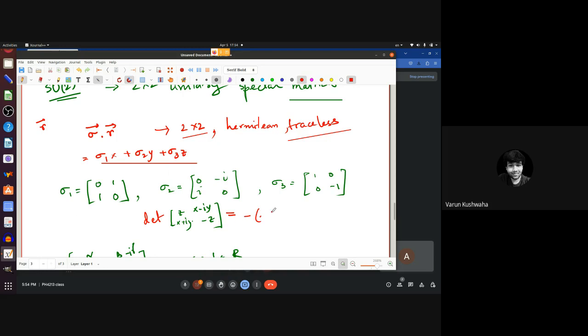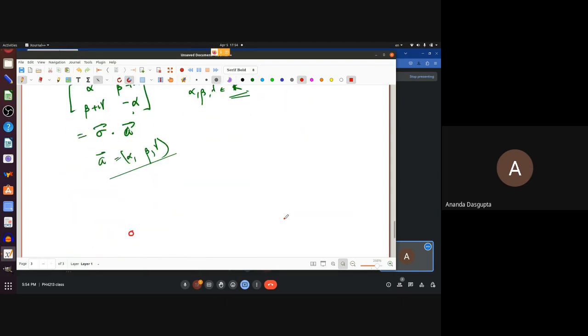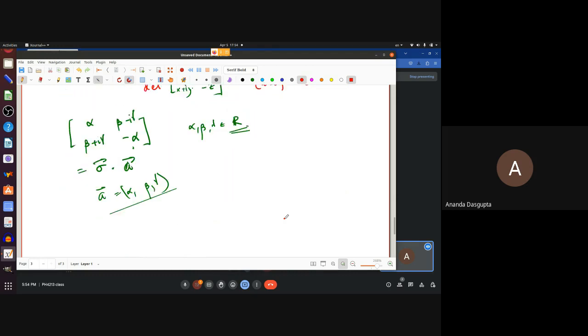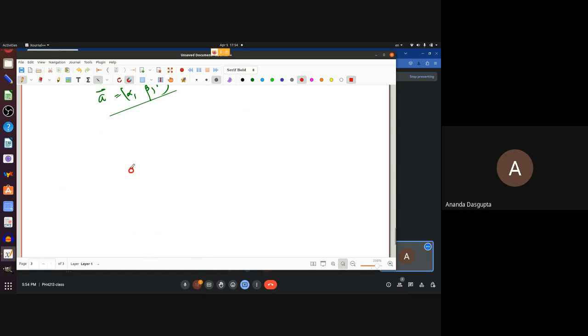Minus z square, negative x square plus y square plus z square. Right. So essentially the square of the length of the vector r except for a minus sign. Okay. Now realize this. I want to talk of rotations which will change r to r prime. Right? But sigma dot r and sigma dot r prime, which is sigma dot r acting on r prime,